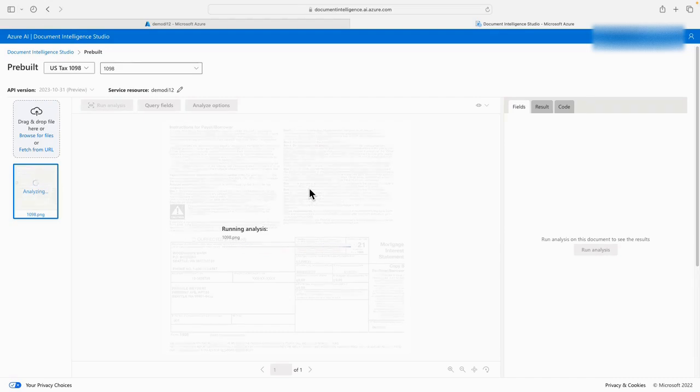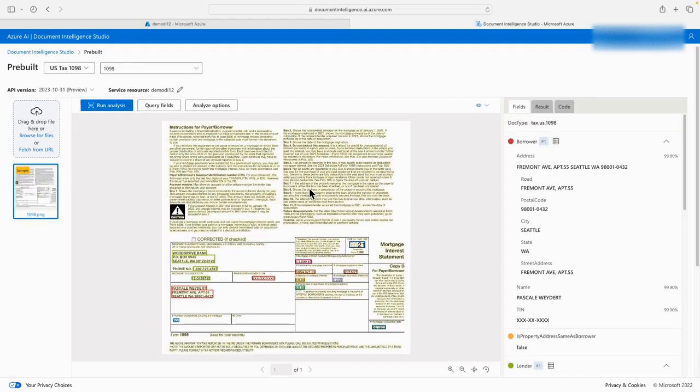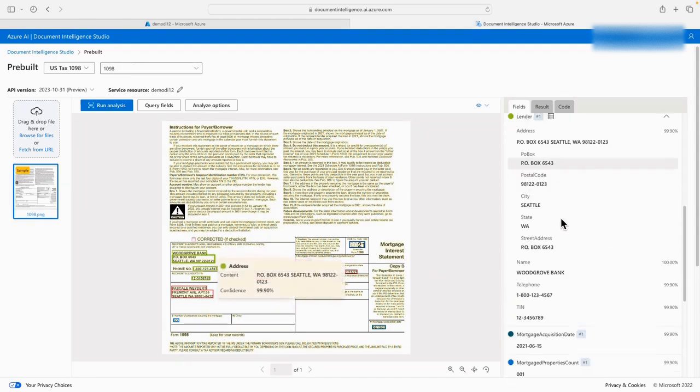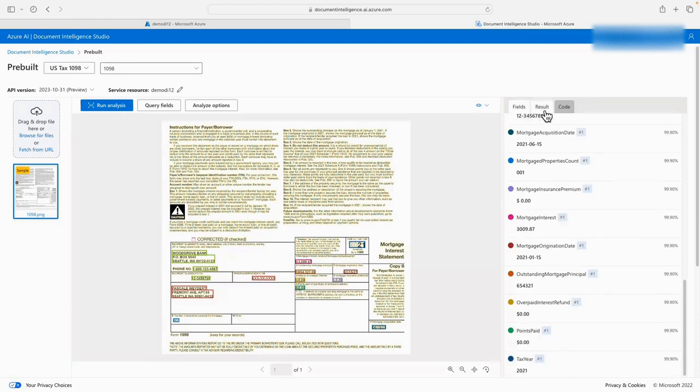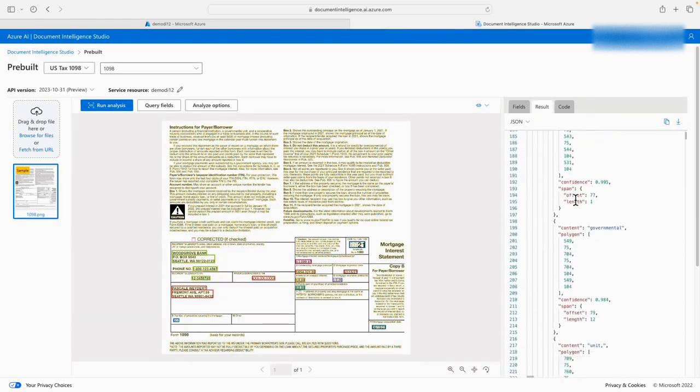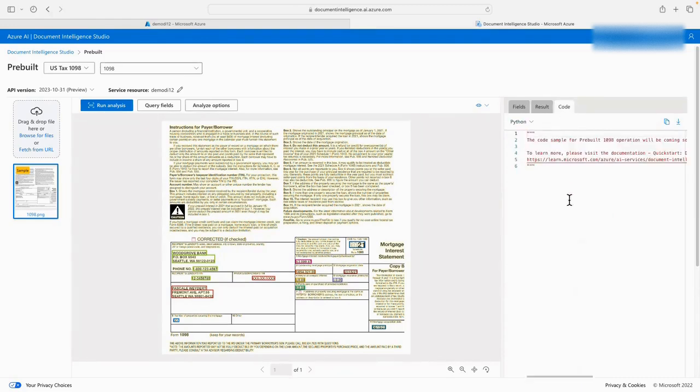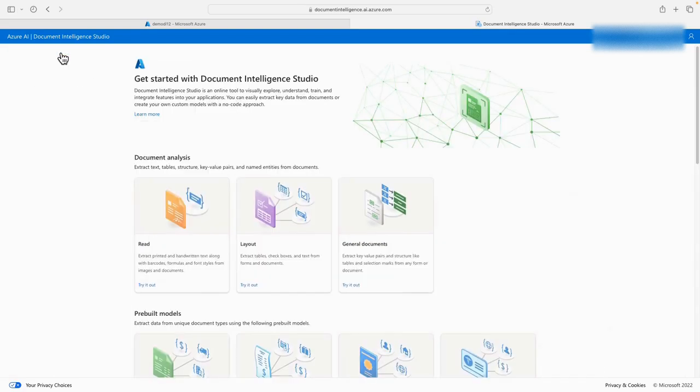Okay, so I will also present how to train this Document Intelligence based on the documents that you have. So this is about this document which has been analyzed, and we have seen the output, and you can see all this result in this JSON format, and you can see the code as well, but here there is nothing in this. Okay, now